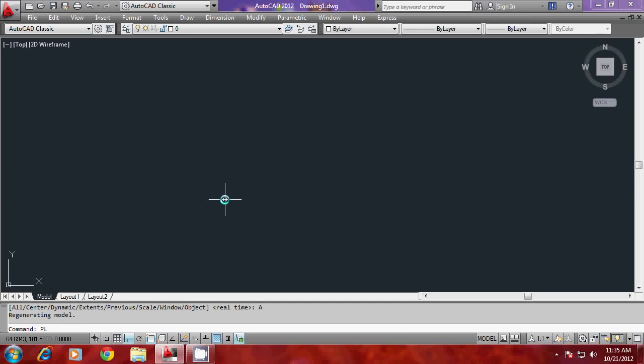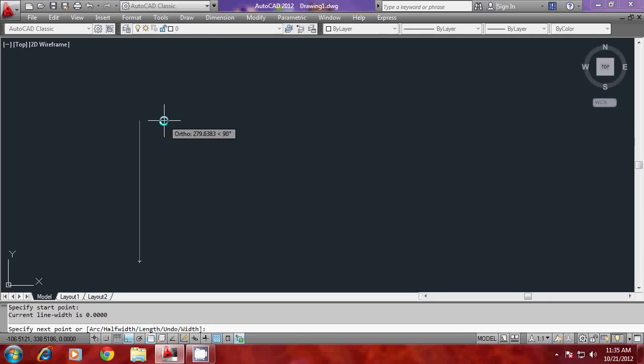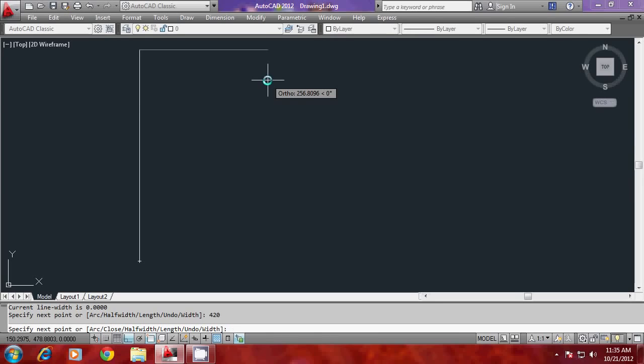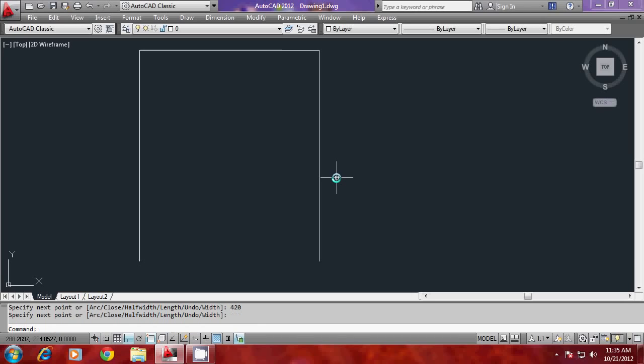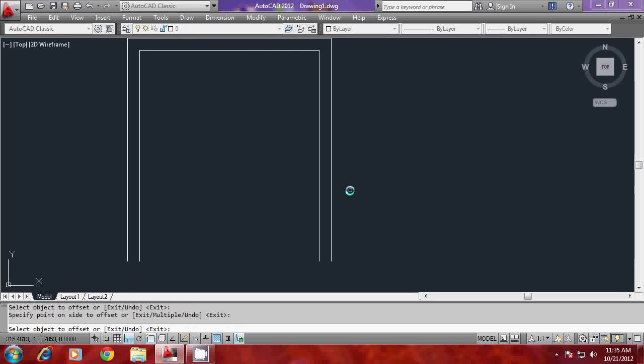Now I would like to start with a polyline from this point, and I'll go 420 in the vertical direction, and I'll come 360 in the horizontal direction, and I'll come down again 420 in the vertical direction, and I'll give an offset of 24 units outside because the wall thickness has to be outside, because what I said is a clearance dimension. Now I'll connect these two endpoints using polylines,